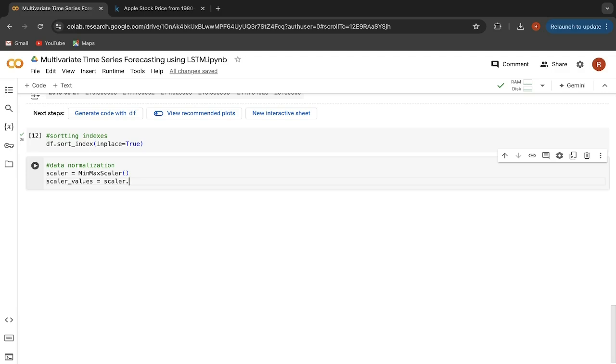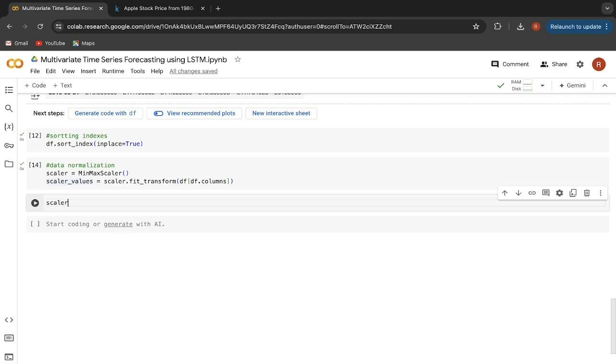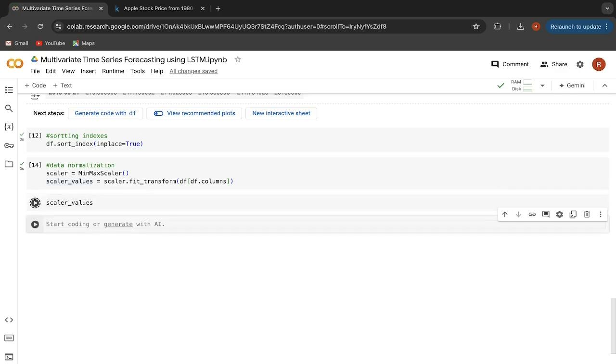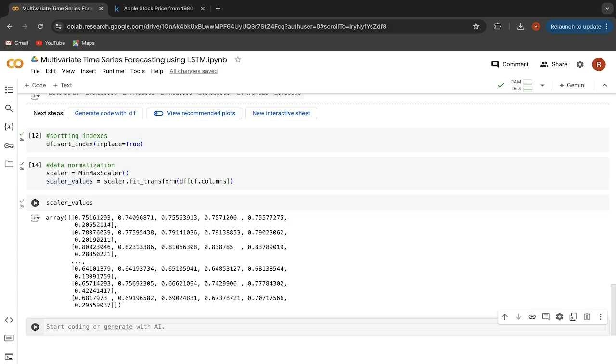So here I will say fit_transform, and here I will pass the columns from the data frame. So let me say df, and from here I will say df.columns. So I am going to pass all the columns to this MinMaxScaler for normalization. Let's run that, and let's display the scaled values here. So let me say scaled values. Let's run that. So as you can see, these are our new normalized values.